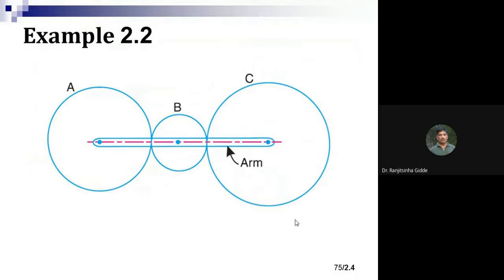Similarly, this is another example. This we will solve in the next lecture. So gear A, gear B, gear C, and the arm R. For the first column serial number, second column condition, third column R, fourth column gear A, fifth column gear B, sixth column gear C. Again the same assumption, and we are going to get the first row, and continuing the procedure, we'll get the final row, and based on the condition